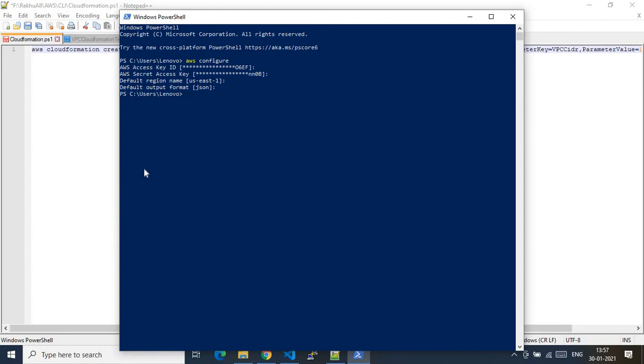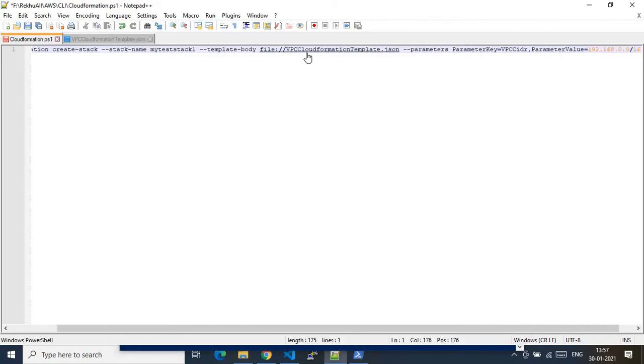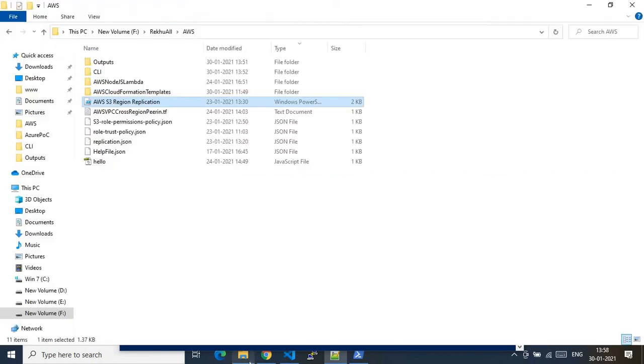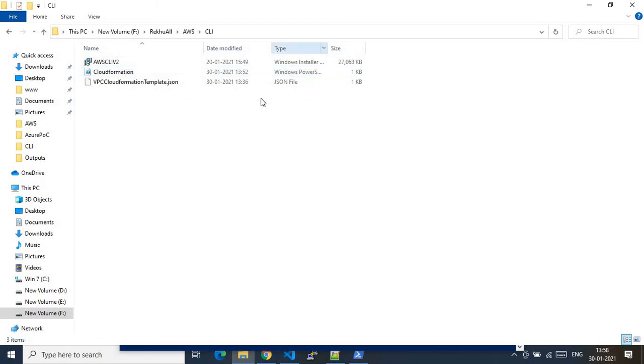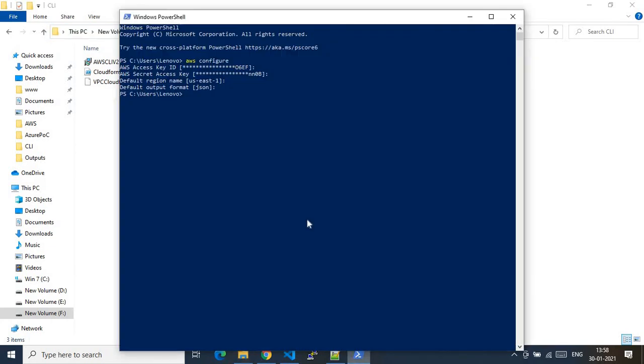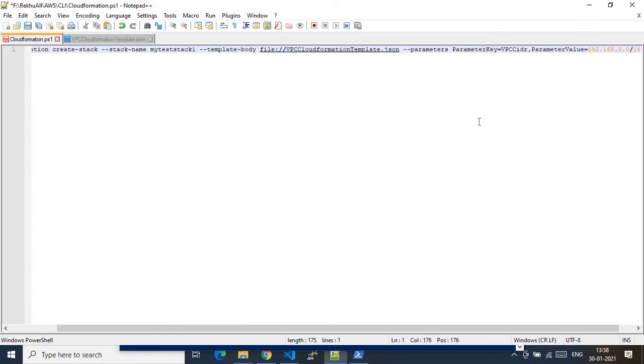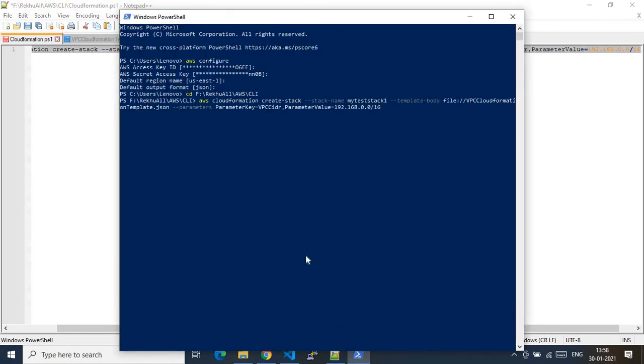So before I run the command which I showed here, I need to go to the path where I have stored this template. Let me take you to that path. Here you go. I need to cd to that path, because if I run the same command from here, it will throw an error because it will not find the reference. So we need to cd to that path and run the command, then only it will work. Make a note that you need to cd to the path where you have stored the template and run your template. So let me copy all and run the same command now.